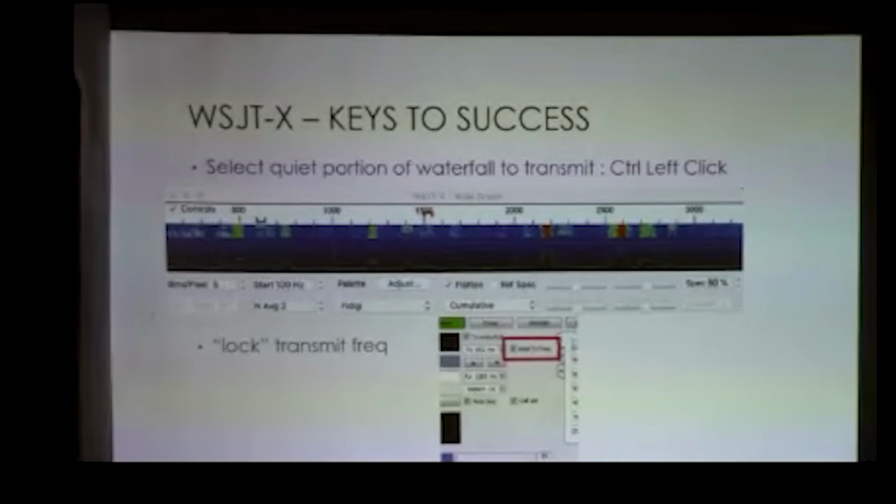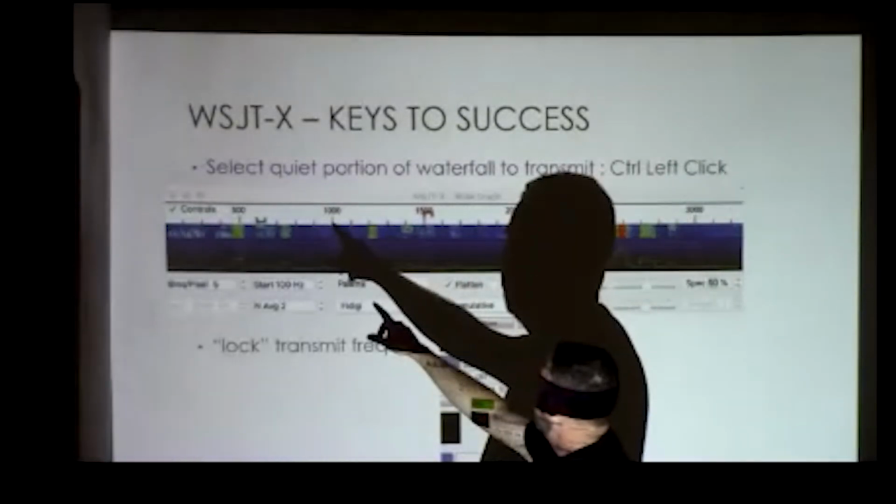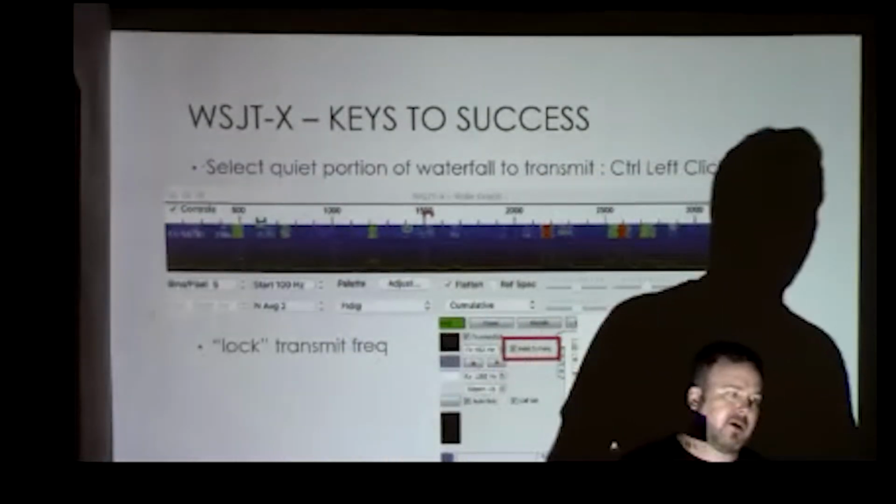So what you can do is find an empty spot and then just control click on that. For instance, I would look at this and go, okay, I want to control left click here. And when I'm transmitting, I've got a better chance, because